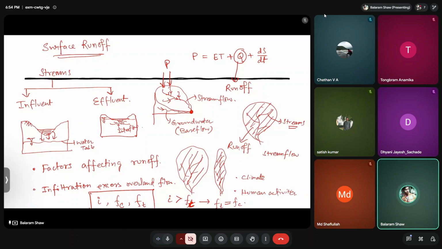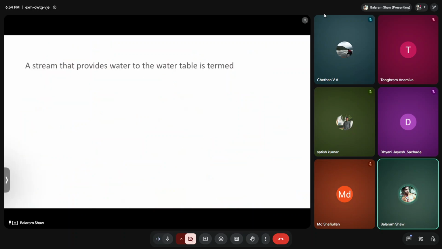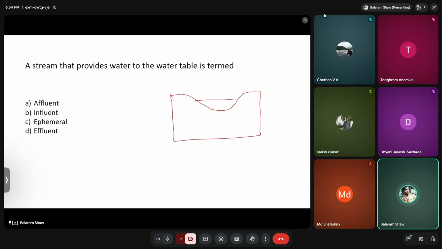We'll move to the question then. So the question is, a stream that provides water to the water table is termed as, just now we have discussed this, D, effluent streams. So here you see what we are saying. Let's say there is some stream. So this is the cross section, okay, not the top view. So this is the stream,